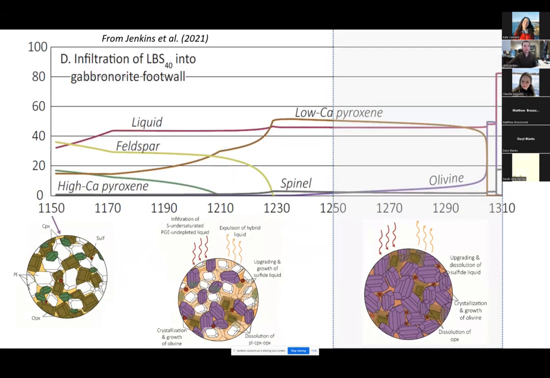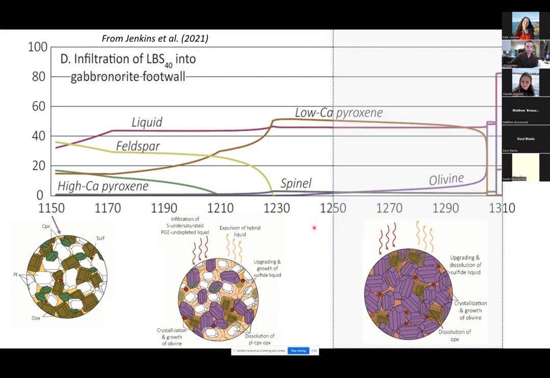These are the results of our MELTS model. So again, we're starting with a footwall gabbronorite that has a little bit of sulfide liquid hosted in it. And we begin to increase the temperature as we titrate in our contaminated komatiite. During that process, clinopyroxene is dissolved, feldspar is dissolved, and we're left with a harzburgitic restite up until we reach